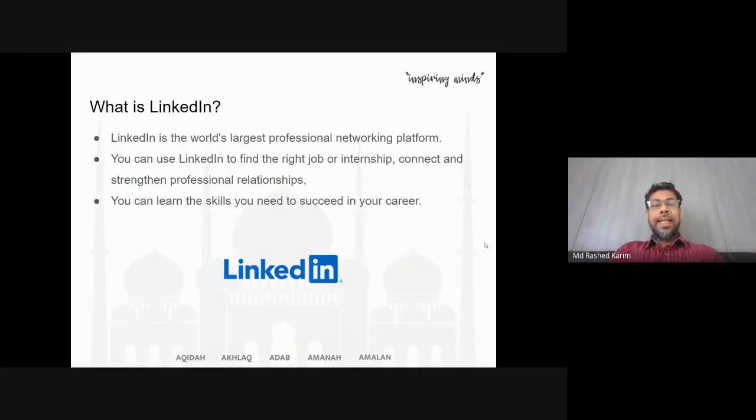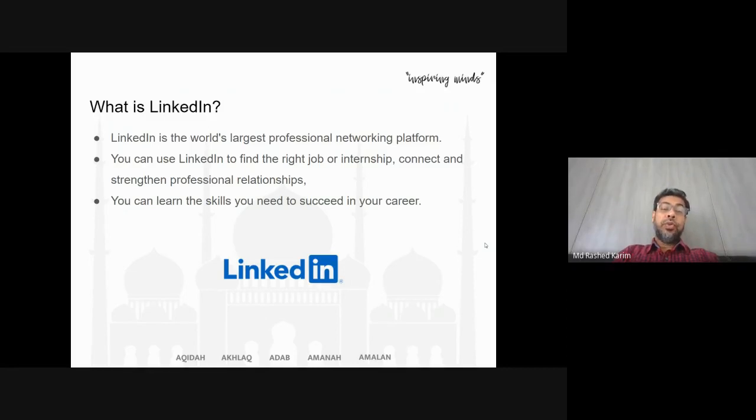You know, we have a huge number of social media, among them Facebook, Twitter, and so many others. But we use social media basically for any purpose, whereas LinkedIn is especially focused on professional networking. For the betterment of your career, LinkedIn is the number one, the world's largest professional network platform. It's a platform, because it's not only giving you communication. You have so many things in this platform.